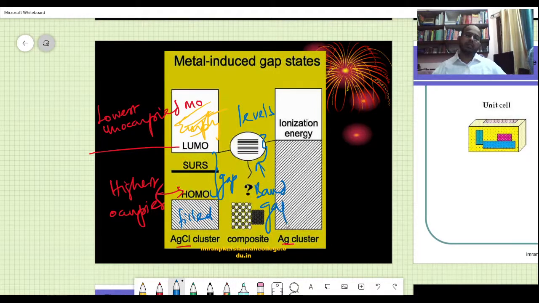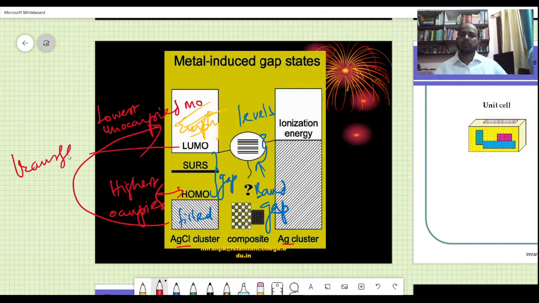in a crystal. When the band gap between these two is very small, then the transfer of electrons from this to this is possible, and that sometimes is called the ionization energy also. They are almost the same. They carry almost the same meanings. That is, the ionization potential or the ionization energy almost are the same, while electron affinity is the amount of energy released when you add an electron to that.